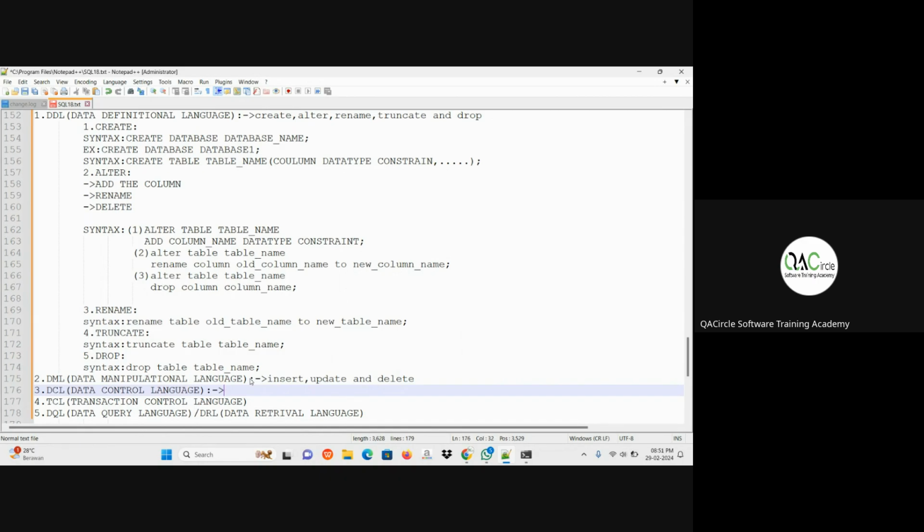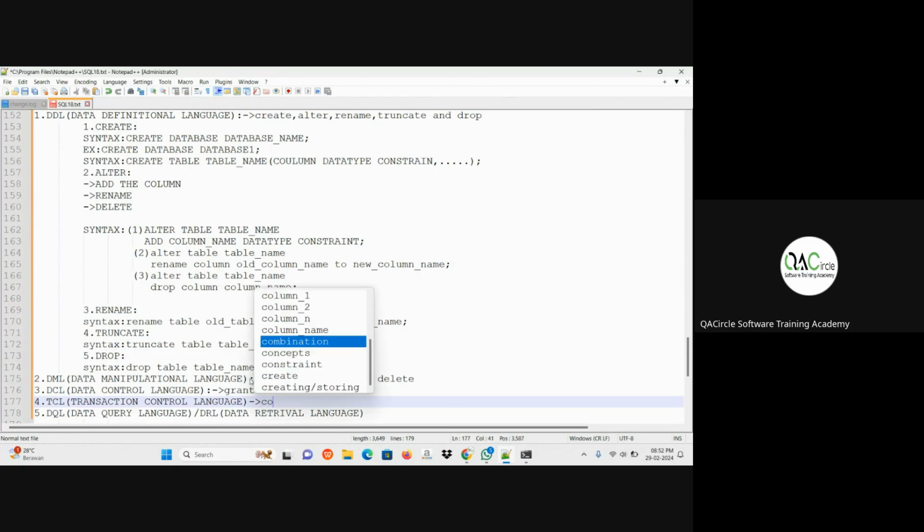The next one is data control language, with two statements, grant and revoke. After that, we have TCL, transaction control language, with two statements, commit and rollback.